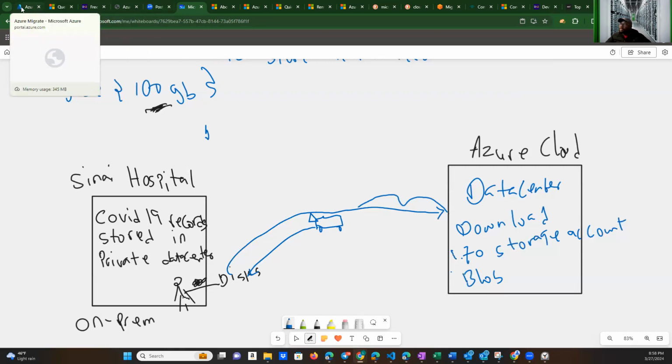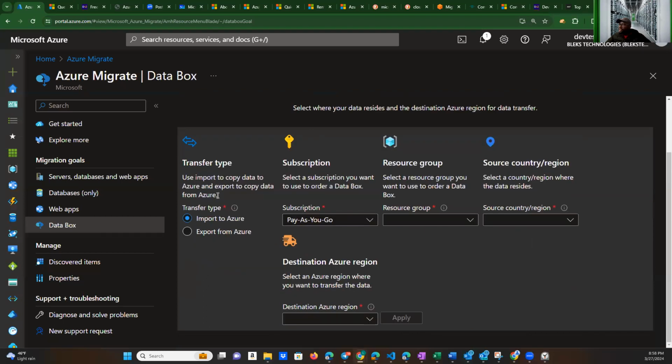So if you go back into the portal, look at it. Transfer type, import to Azure. That's what we just illustrated. So we are importing to Azure. Select your subscription, create a resource group. Which region? Now, usually